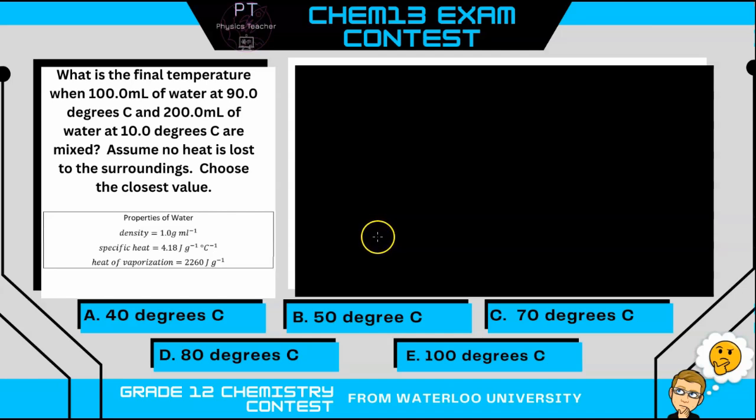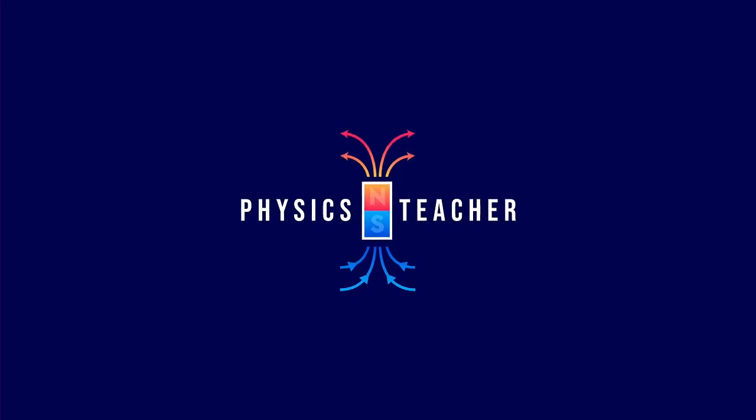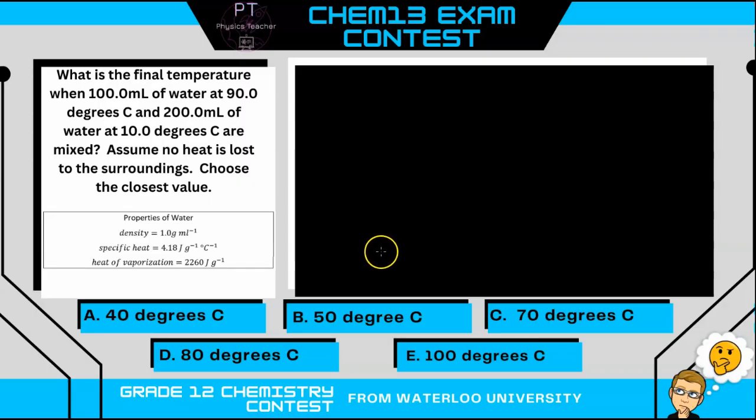Join me as I tackle this grade 12 chemistry contest problem from Waterloo University to see how we crack it. Alright, so this problem is specifically from Thermodynamics, and it's the physical changes in the Thermodynamics unit for grade 12 chemistry. So here we have a 100 milliliter sample of water at 90 degrees. And we are going to mix it with a 200 milliliter sample of water at 10 degrees. And it wants to know what is the value of the temperature after they're mixed, assuming no heat is lost